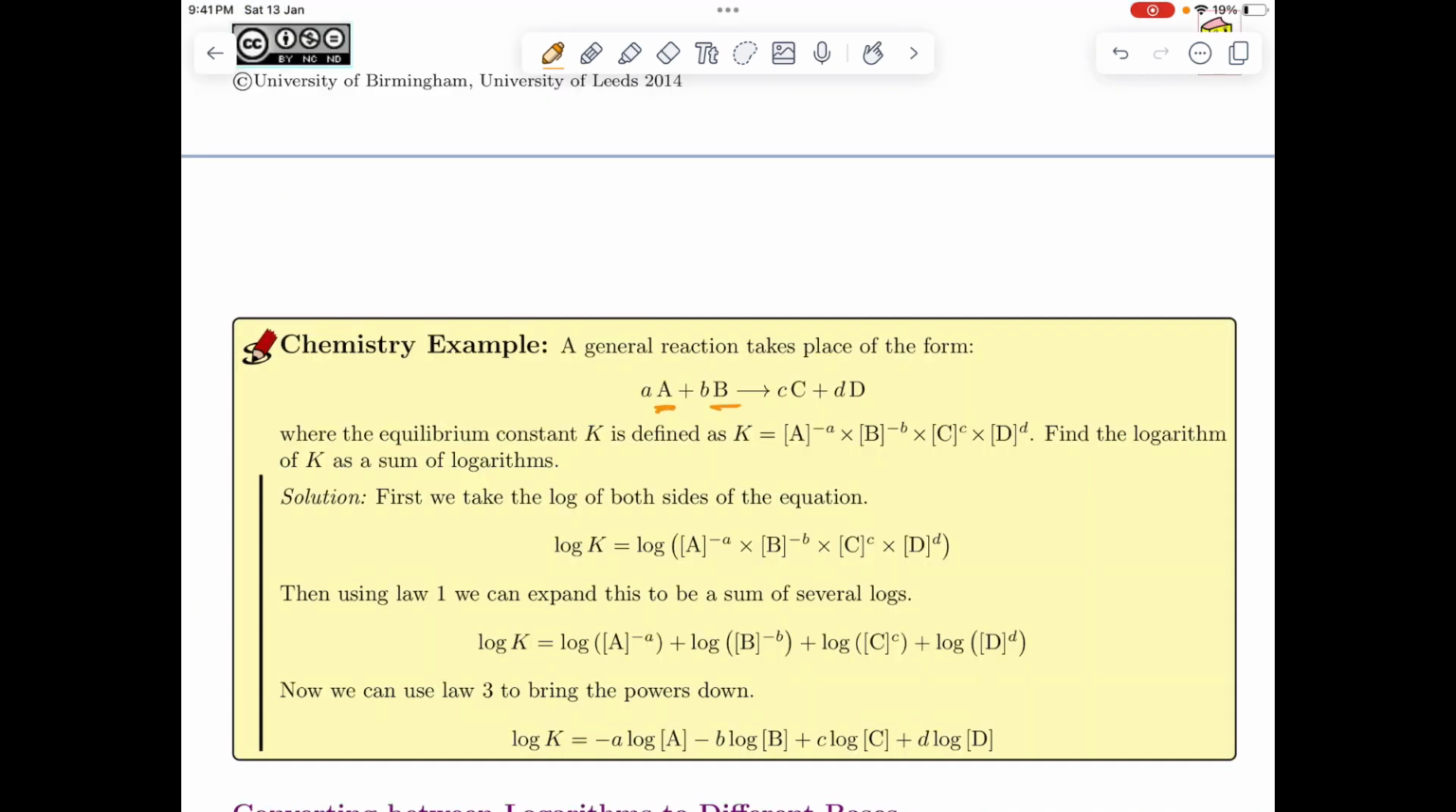We have a general equation which is taking place in the form of some a moles of reactant A and b moles of B giving you c moles of C and d moles of D, where the equilibrium constant is defined as